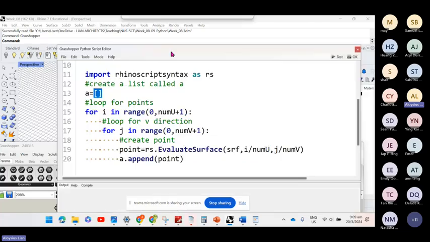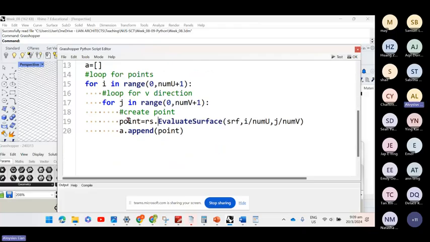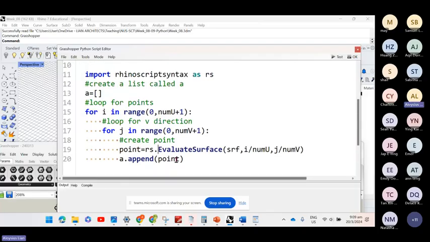So again, a recap, what we have done is we use this Rhino script library, and then we call upon this method called evaluate surface. So all of this line creates a point,